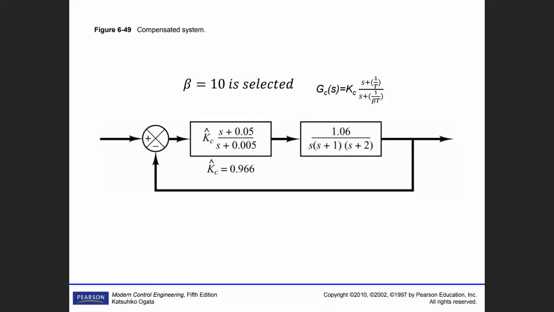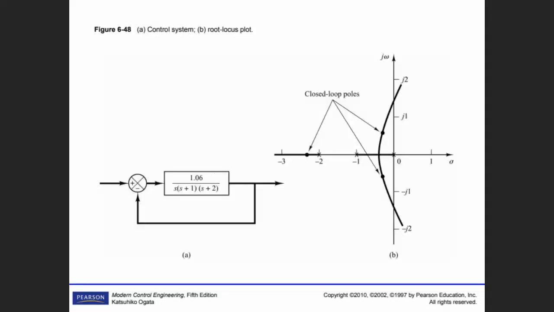Now, the main purpose of the lag compensator is such that, listen carefully, please. You are satisfied, you are happy about your transient performance. Your transient performance means that you are happy about your overshoot. You are happy about settling time, the other parameters, all right. But you are not happy about